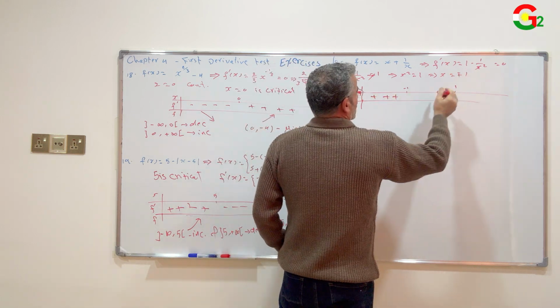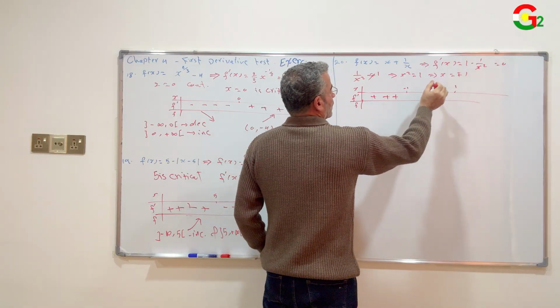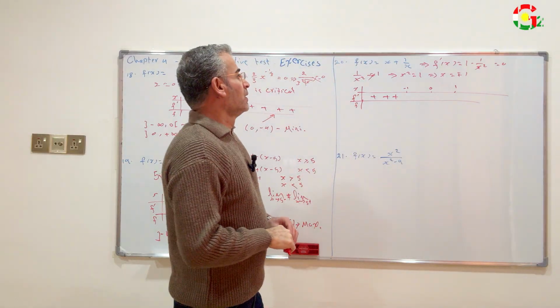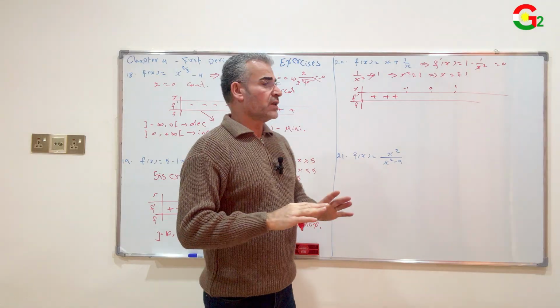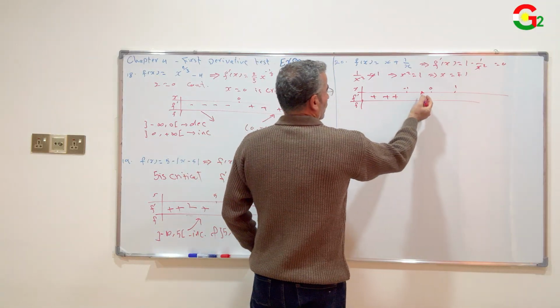When x is 0, the derivative is undefined, but 0 is not within the domain of the function. Then x equals 0 is not a critical point, but we will find